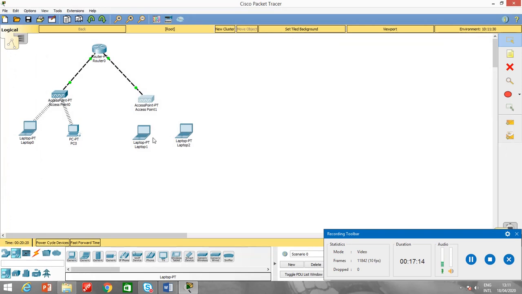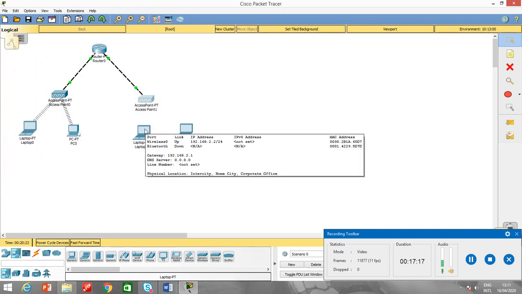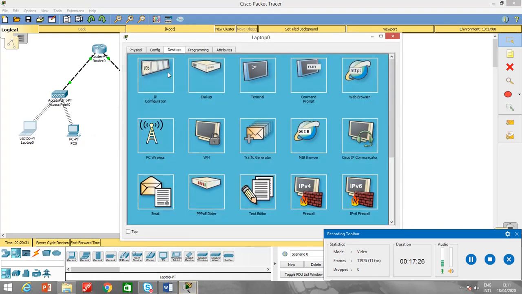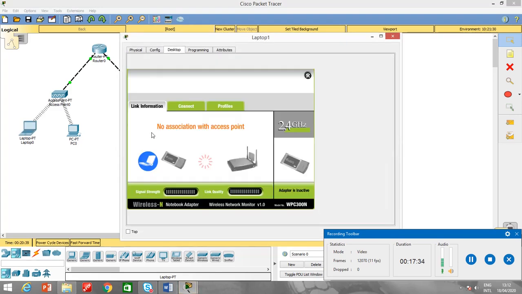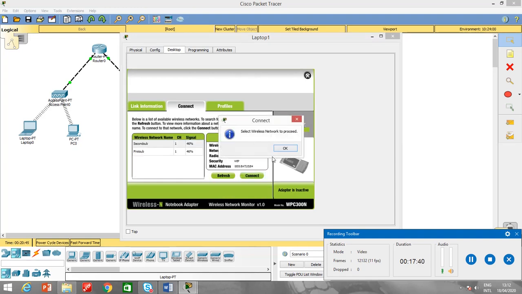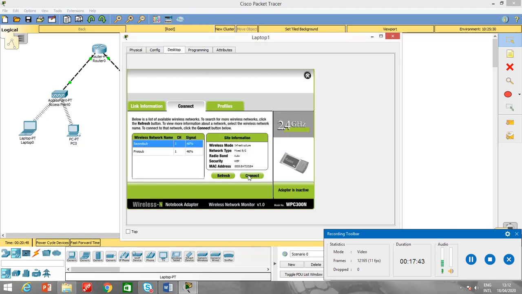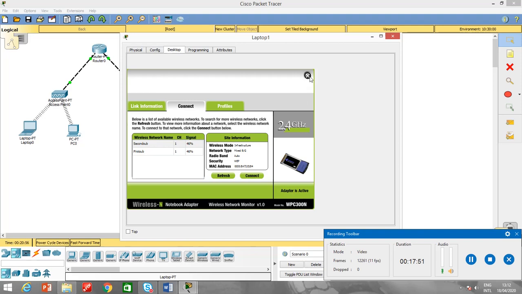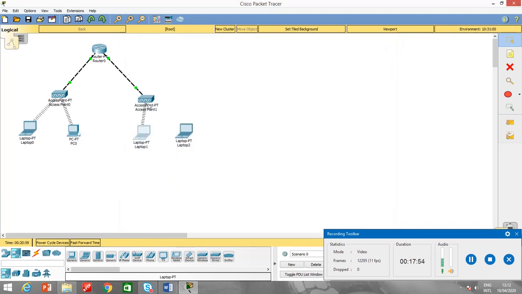Alright, now if you see, their connectivity has been removed because after I have provided the SSID to my access point. So what will I do? Now I will configure these laptops. Let me just check for the laptop here. The IP has been changed. I think I have to assign the IP again. Alright, I go to this laptop. I go to the PC. I go to connect. From here, I will select second sub, connect. And I'll press 1 2 3 4 5 6 7 8 9 10. Connect. So if you see, it has been connected to this.